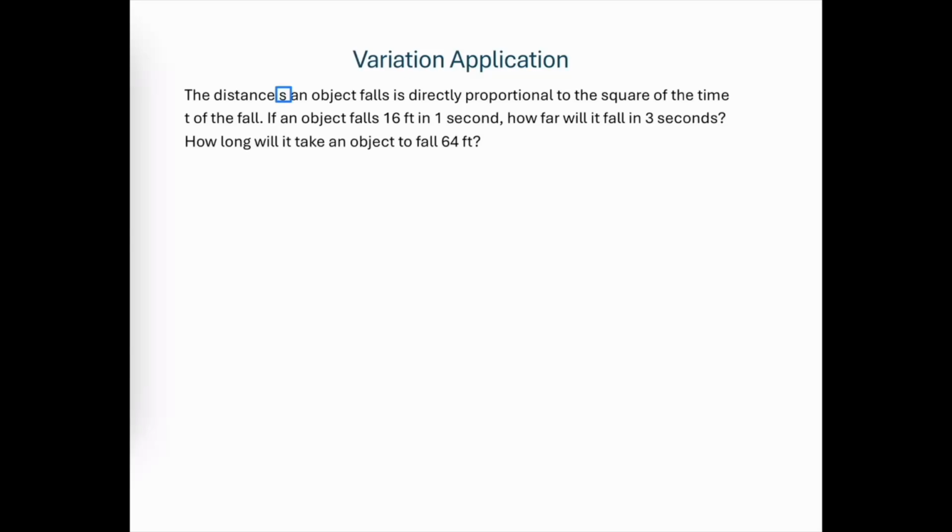The distance s that an object falls is directly proportional to the square of the time t of the fall. If an object falls 16 feet in 1 second, how far will it fall in 3 seconds? And then once we've answered that question, we're asked how long will it take for the object to fall 64 feet? To begin, we're going to write a variation equation that describes this first phrase, that the distance s is